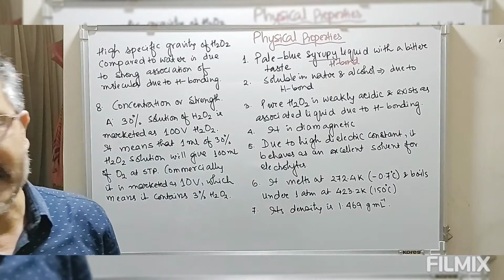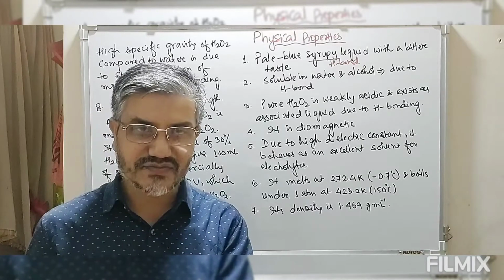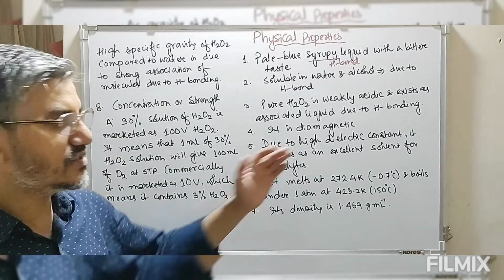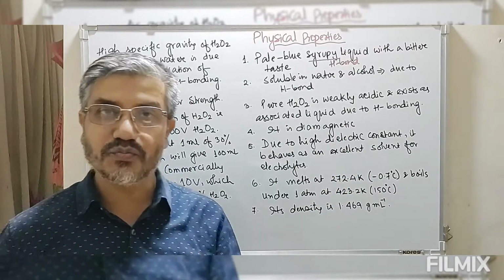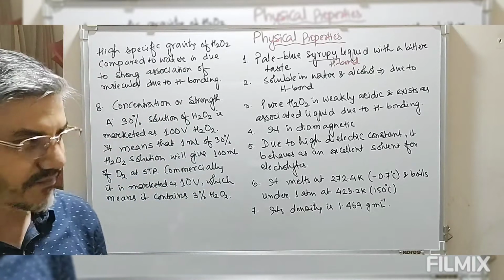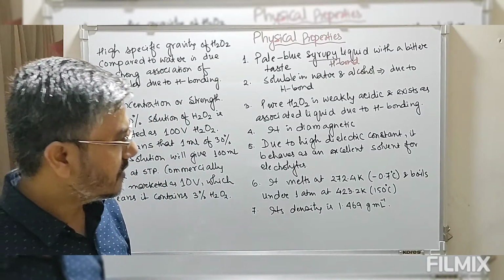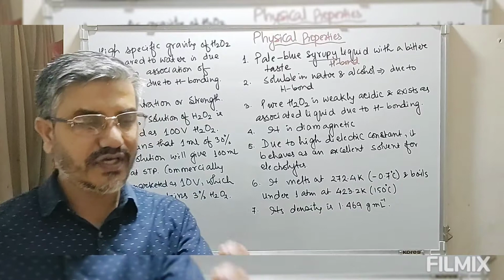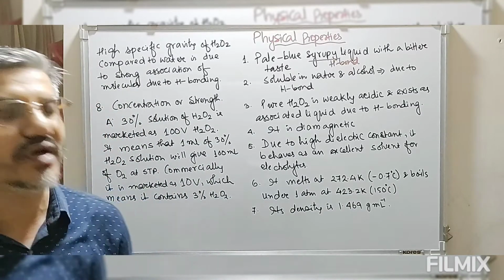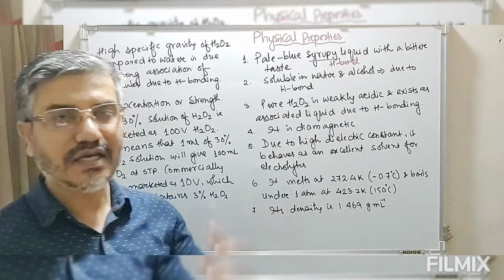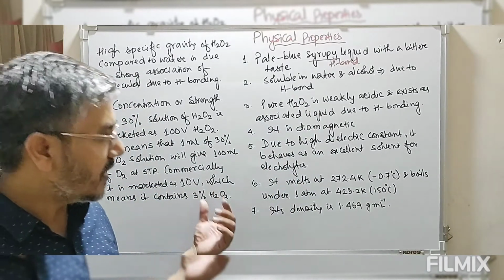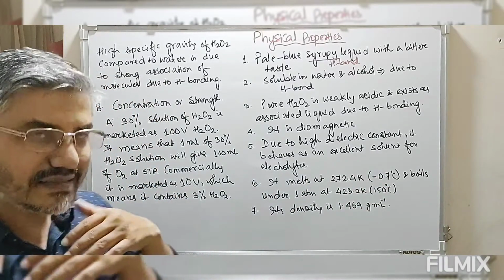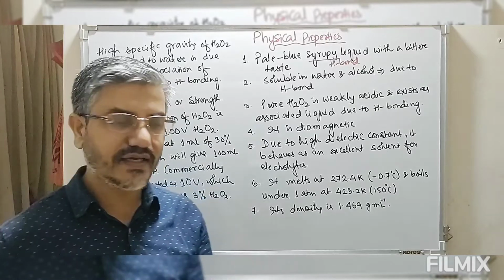Now this hydrogen peroxide, as we have seen earlier, can exist in gaseous form or as a solid. When we take solid hydrogen peroxide, it melts at 272.4 Kelvin, that is minus 0.7 degrees centigrade. In this solid state, the molecules are associated through hydrogen bond, so we have to break this hydrogen bond. To break this hydrogen bond, a very small amount of energy is required. That is what we call a low melting point. So the melting point is 272.4 K, and it boils at a very high temperature compared